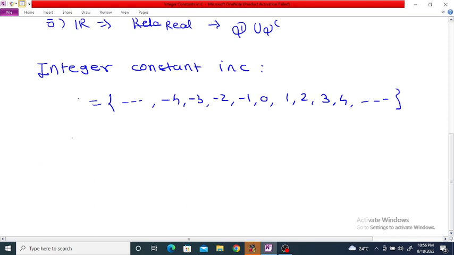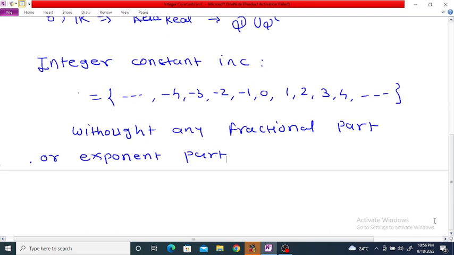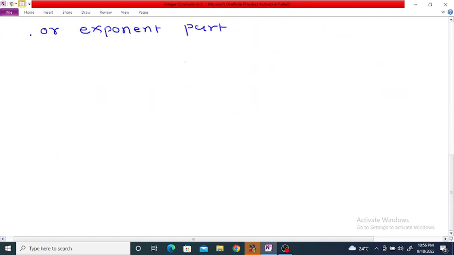So what is an integer constant? In other words, you can say it is without any fractional part or exponent part. Again, it has three types. In C, the integer constant has three types: